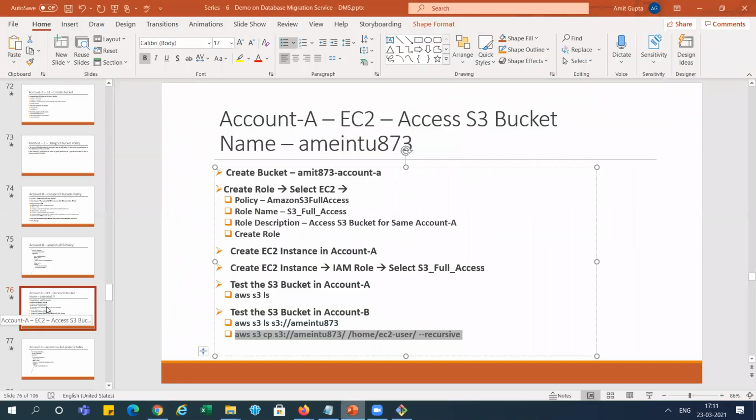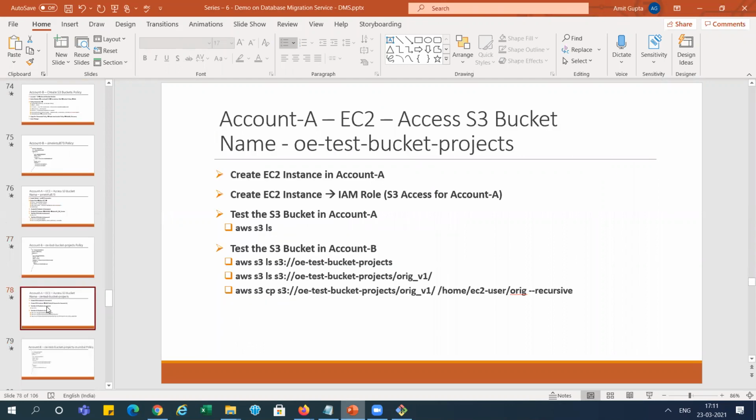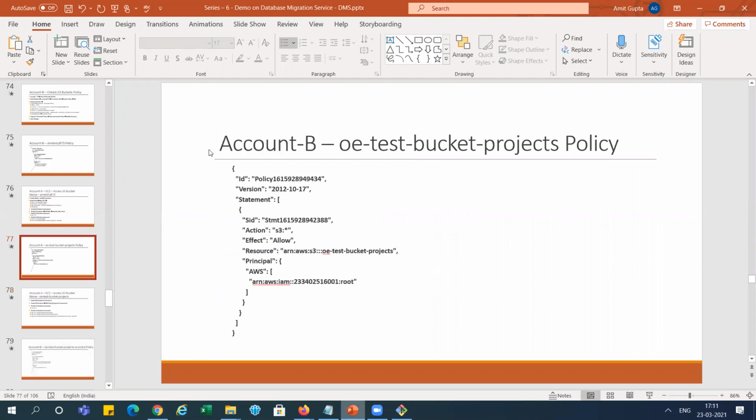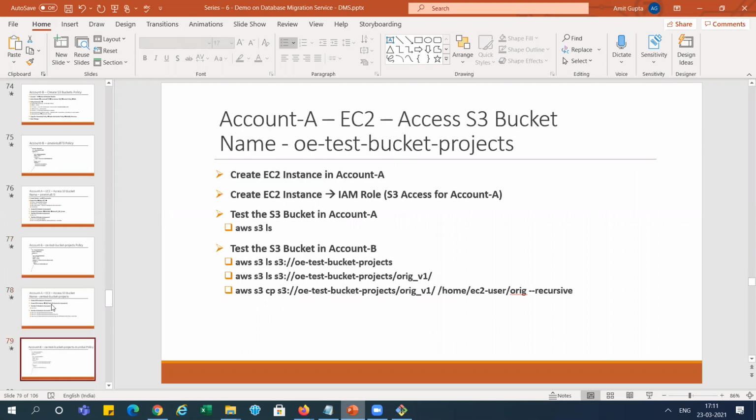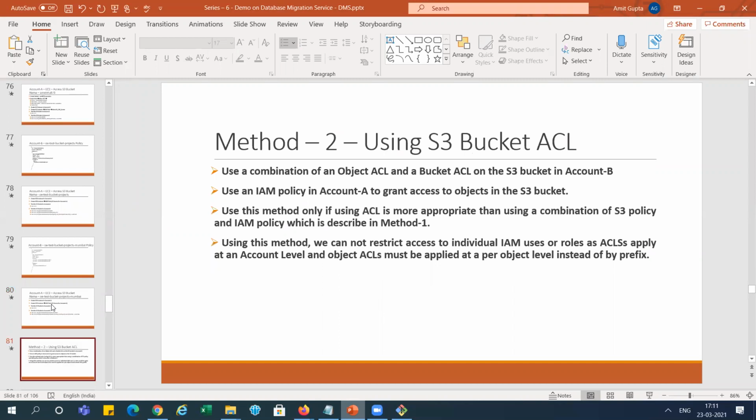Now move to the next one. You can see here, the same way we can access the other bucket also. If you go and configure the bucket policy, I have mentioned it just for reference, right? And method two, you can use the bucket ACL.